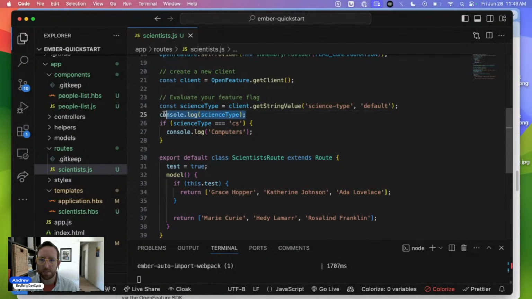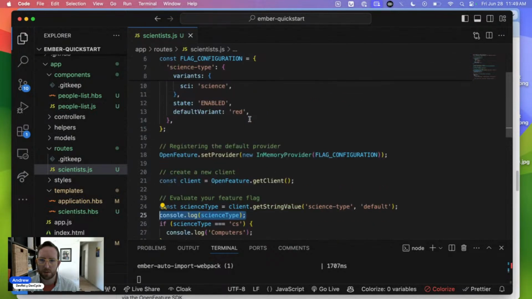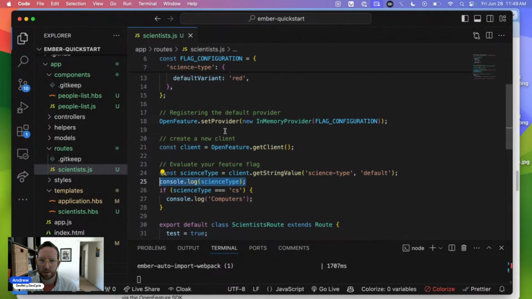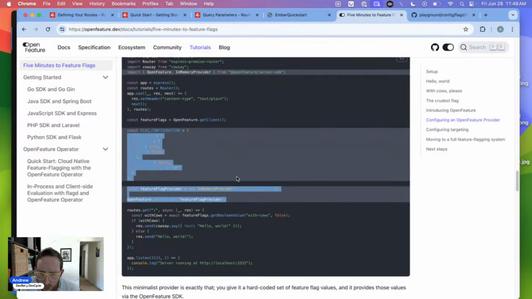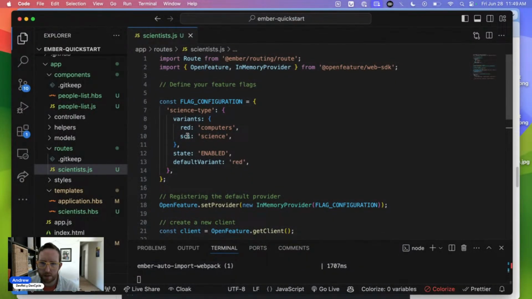Console log science type equals O. Yeah, I just wanted to return this science type get string value. I guess, no, red,